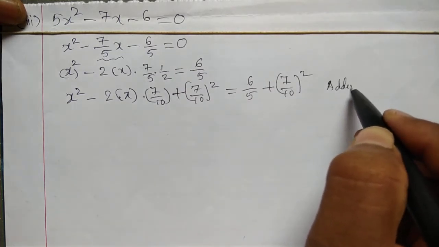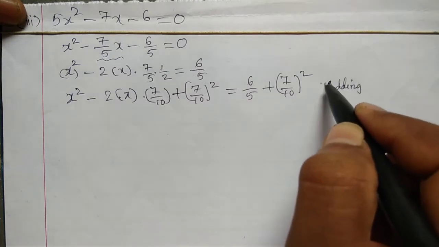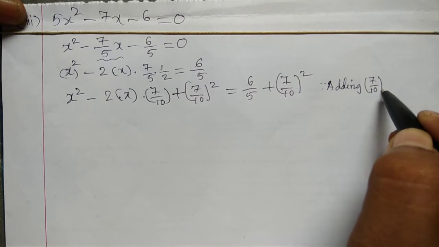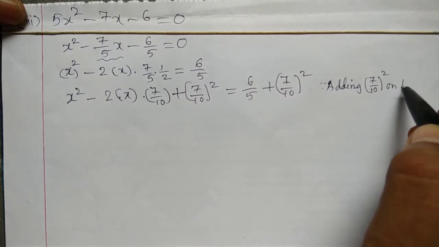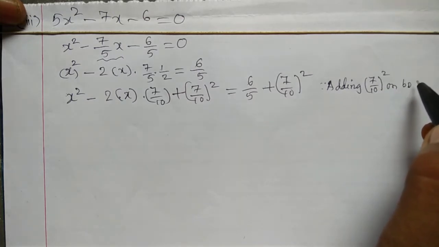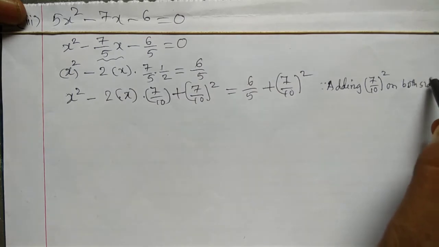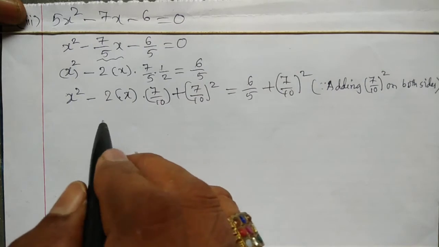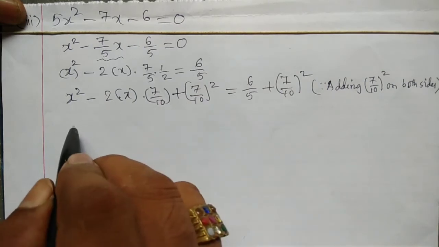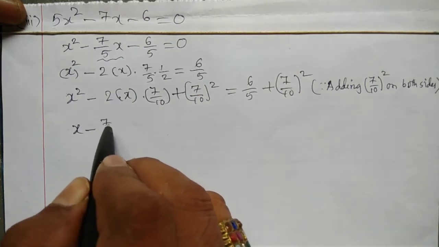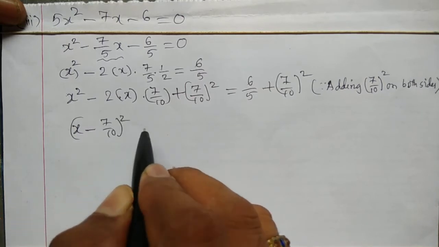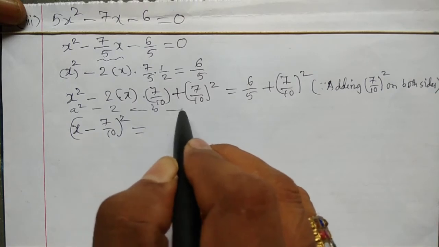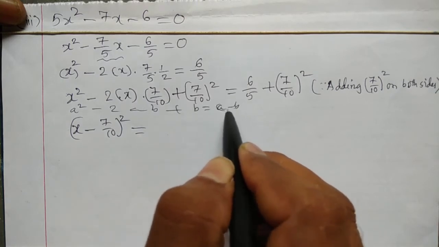Adding 7 by 10 whole square on both sides, so we can write x minus 7 by 10 whole square is equal to, it is in the form of a square minus 2ab plus b square, then we can write a minus b whole square,